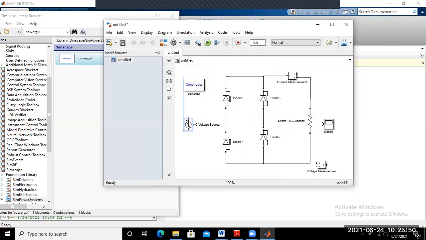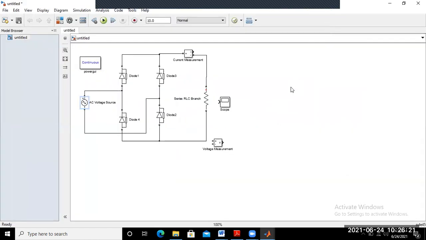Now the AC supply voltage source connects from this point to this point, and again this point to this point. So the supply voltage is connected in a simple manner across the rectifier. Now you want to measure, so you may full screen this one. Just move the scope up here.